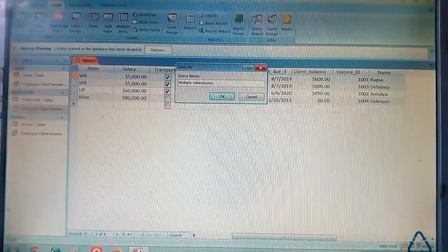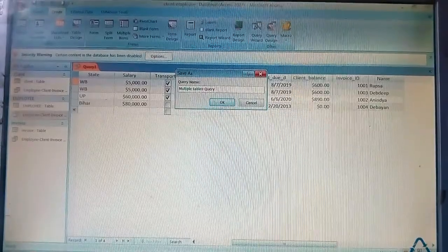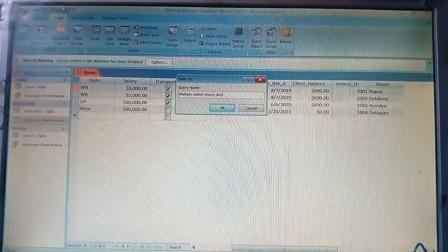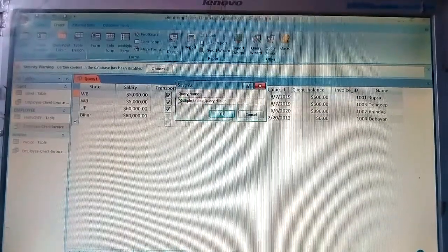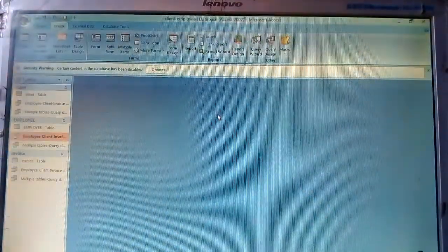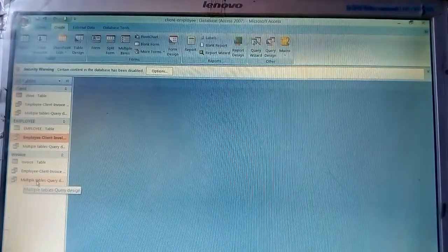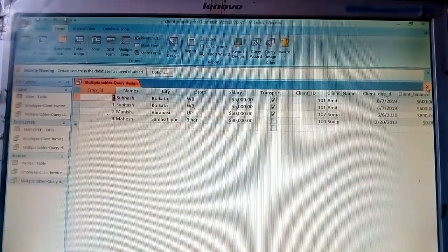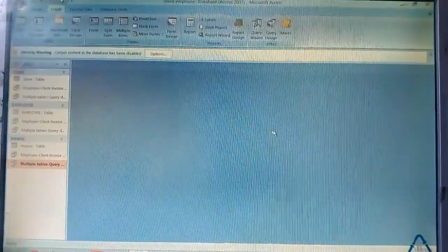Multiple tables query design. Then click on OK. Here you can see multiple tables query design. When you click over here, this will come. So now we'll see the multiple criteria.